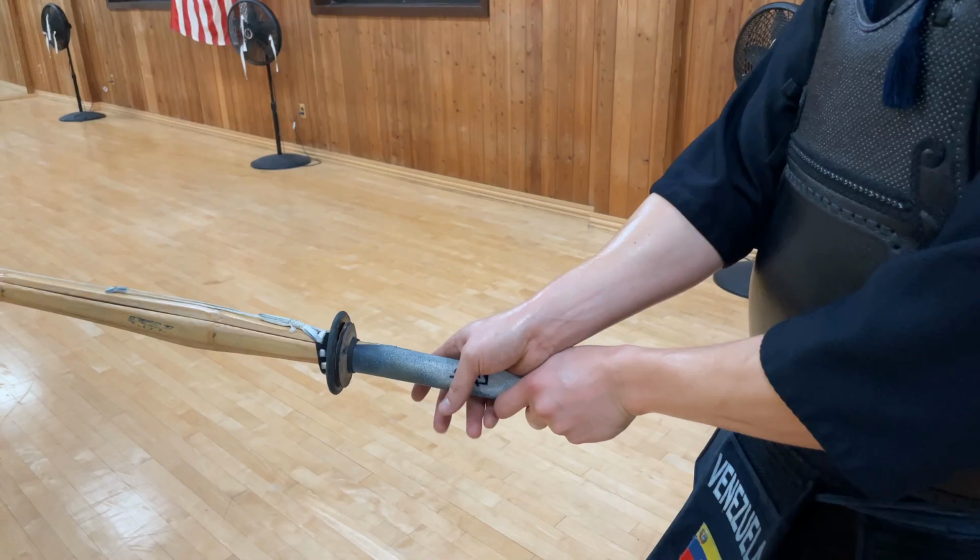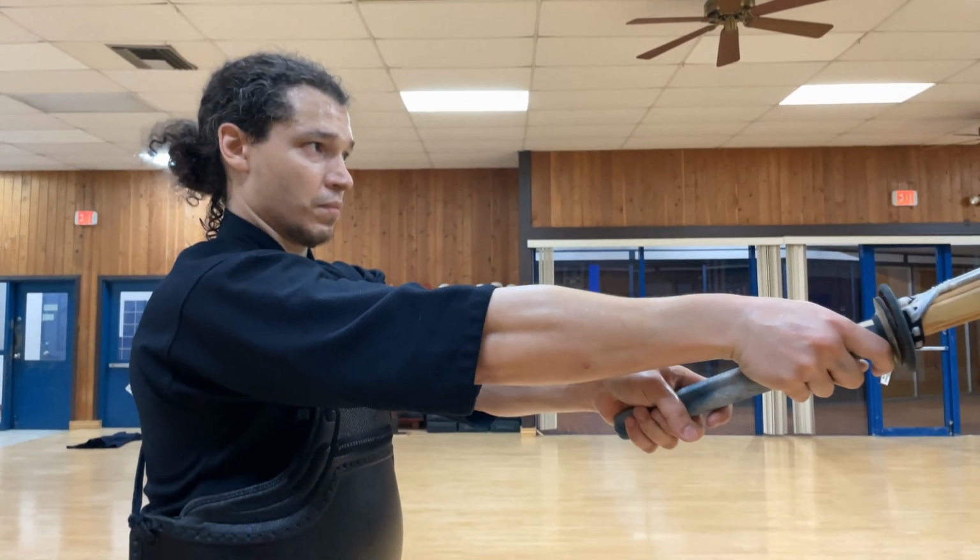For the purpose of today's stream, I'm going to say gripping when it comes to just holding the sword when you're in kamae, and tenouchi, the moment of impact. Let me talk specifically about gripping the sword and how it relates to the moment of striking. Proper grip will allow you to have better impact, better execution of tenouchi, because it will allow you to be relaxed on the wrist, so that way the shinai can create momentum and accelerate until the very last second